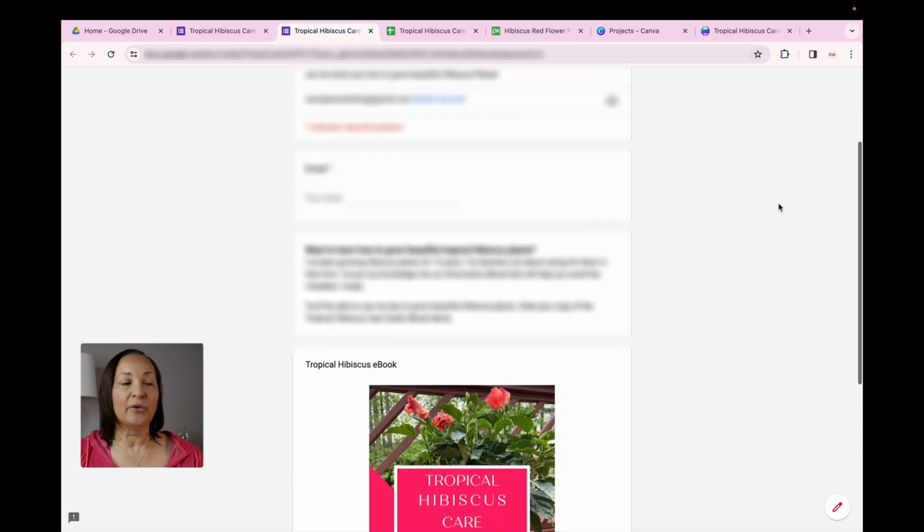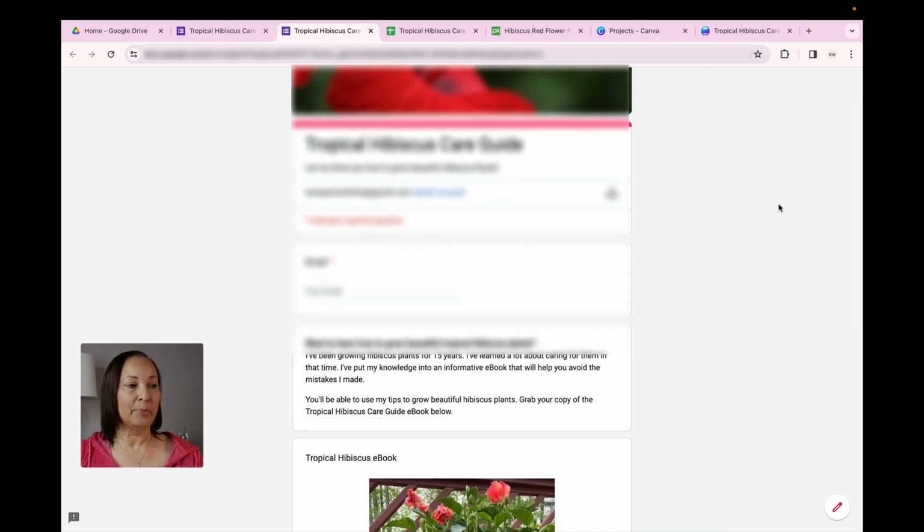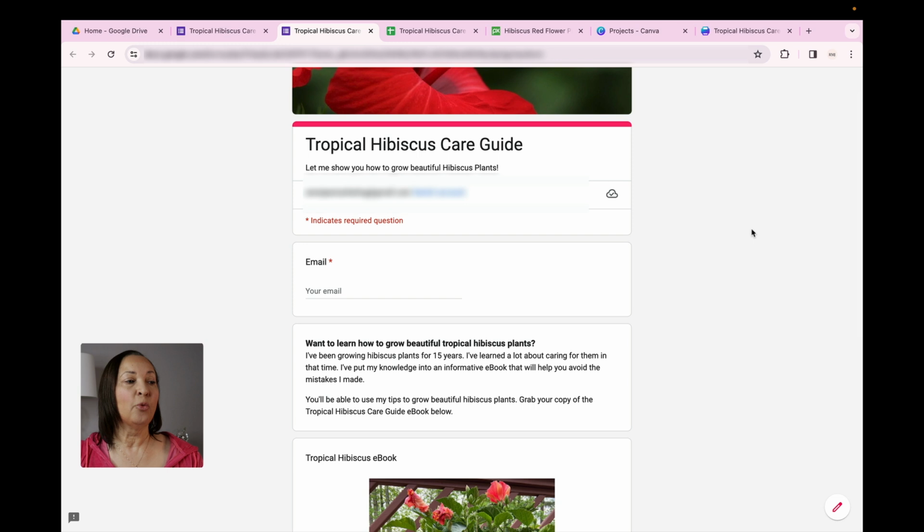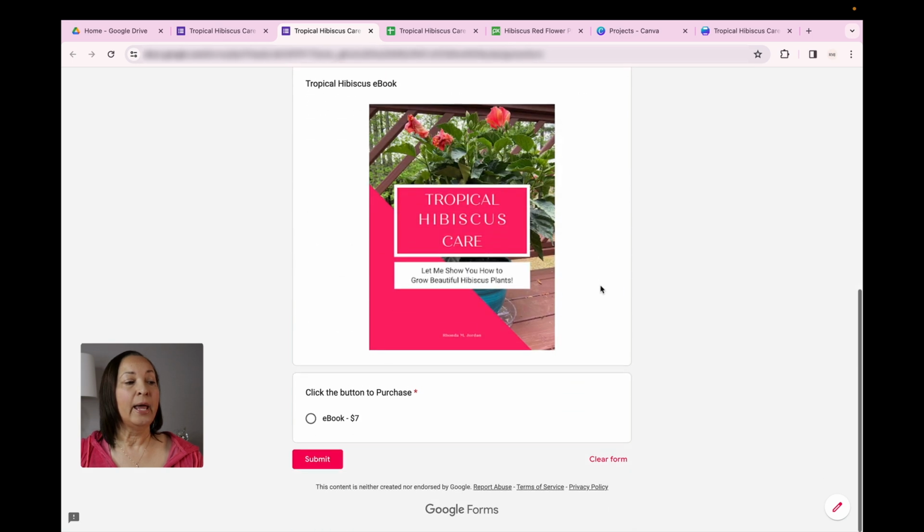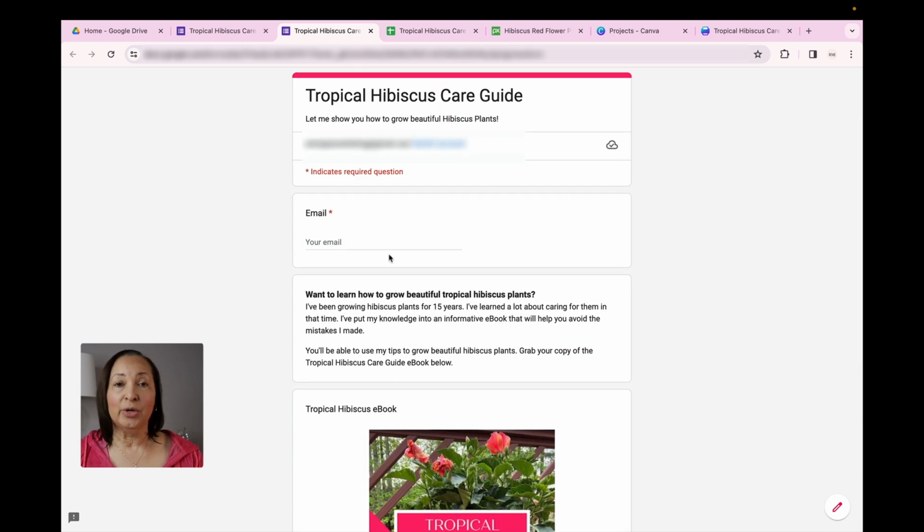So just to show you how this is going to work, I want to point out a couple of things to you. First, your customer will need to enter an email address in order to go to the next page. And they're going to need to click this button and submit in order to complete the process of purchasing your ebook. Okay, so one thing I do want to point out to you, and I want you to stay until the end because I'm going to share some of my thoughts on using a form such as this, and I'm also going to share some of its limitations, so you really need to stay until the very end. But just know that this absolutely will work.